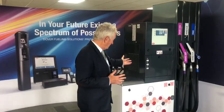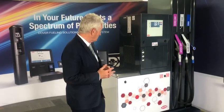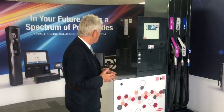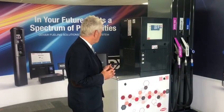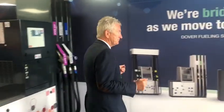This beautiful pump here, brand new, straight off the production line, is of course a Tokheim pump. Recognising the colour red, which has been Tokheim's colour for years and years and years. Nothing's changed on that front. But if I come round here,